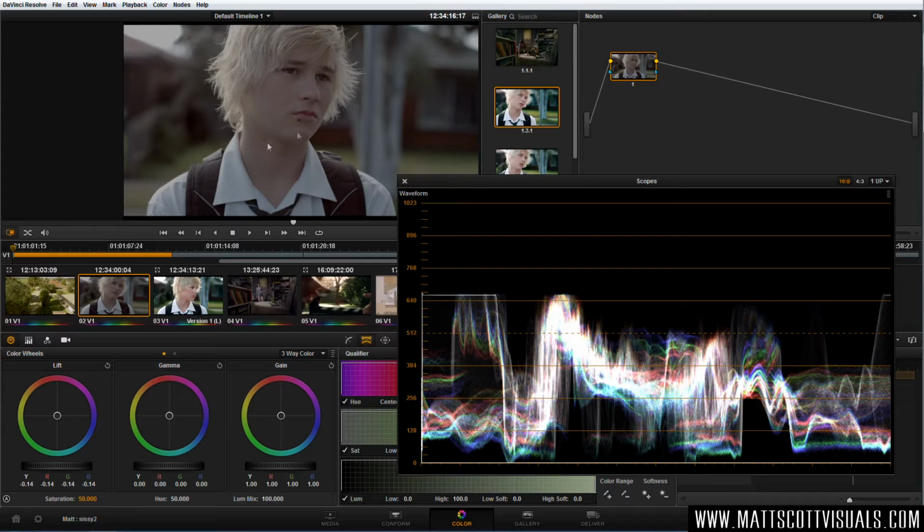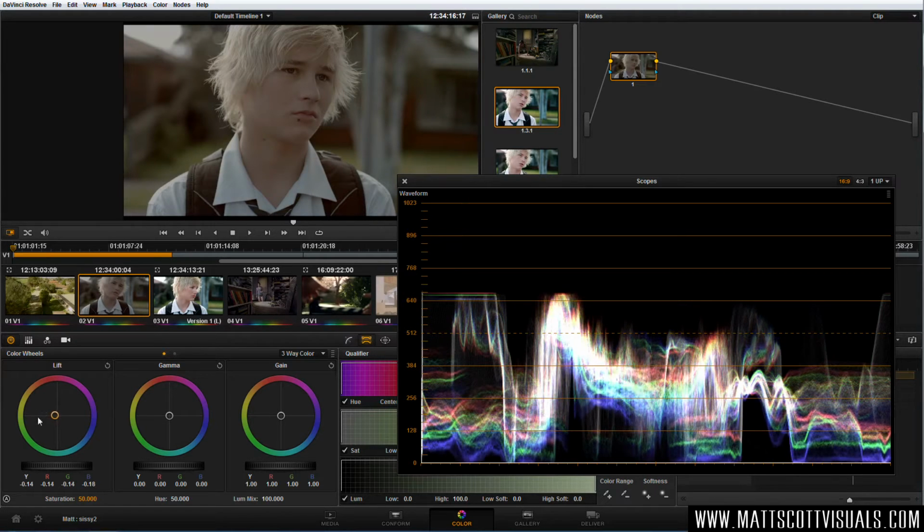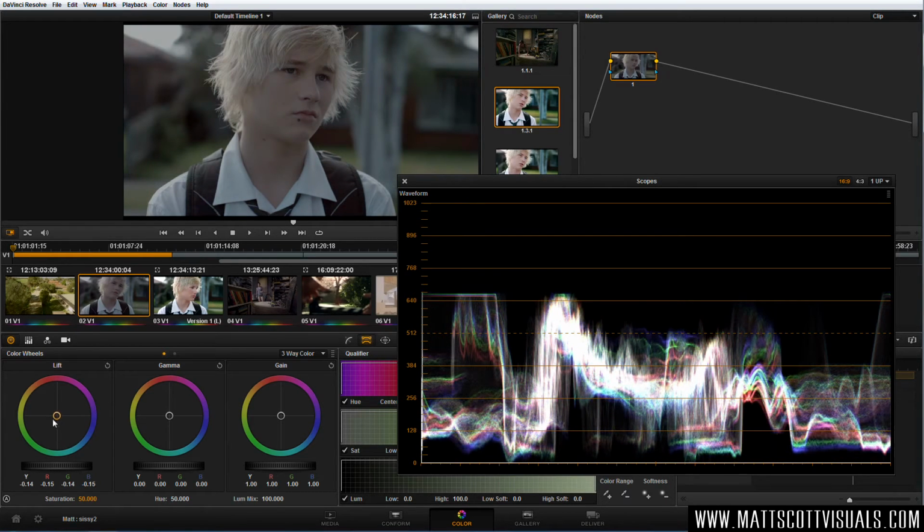So when you're balancing an image, first we want to create contrast, but we also want to keep note of the color cast that lies within those shadows. So how do we adjust that? Well, let's jump straight to our color wheel this time, and let's slide it around and just look what happens to those shadowy colors. What we want to really do, if we really wanted to balance out these shadows, is we want them to be white. So if we just slide them around a little bit,